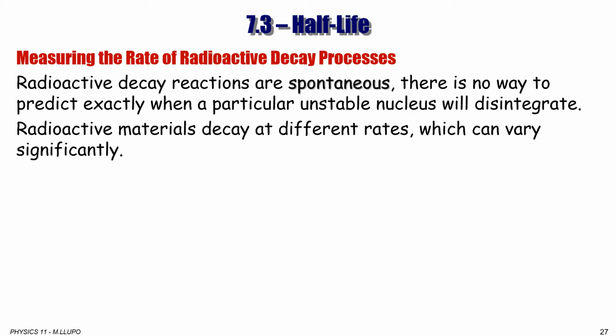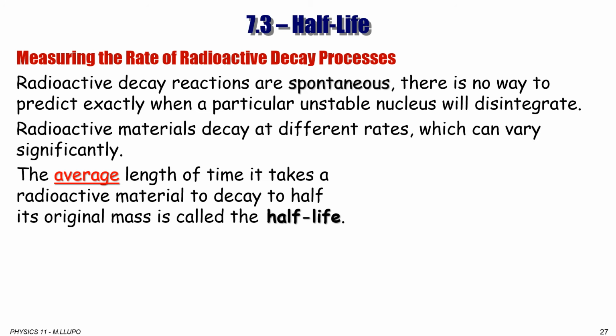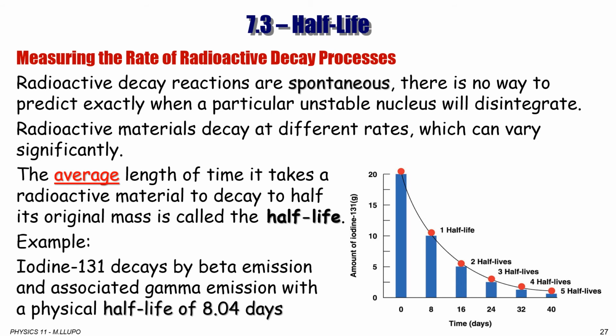Radioactive decay reactions are spontaneous. There is no way to predict exactly when a particular unstable nucleus will disintegrate. Radioactive materials decay at different rates, which can vary significantly. The average length of time it takes a radioactive material to decay to half of its original mass is called the half-life. For example, iodine-131 decays by beta emission and associated gamma emission with a physical half-life of